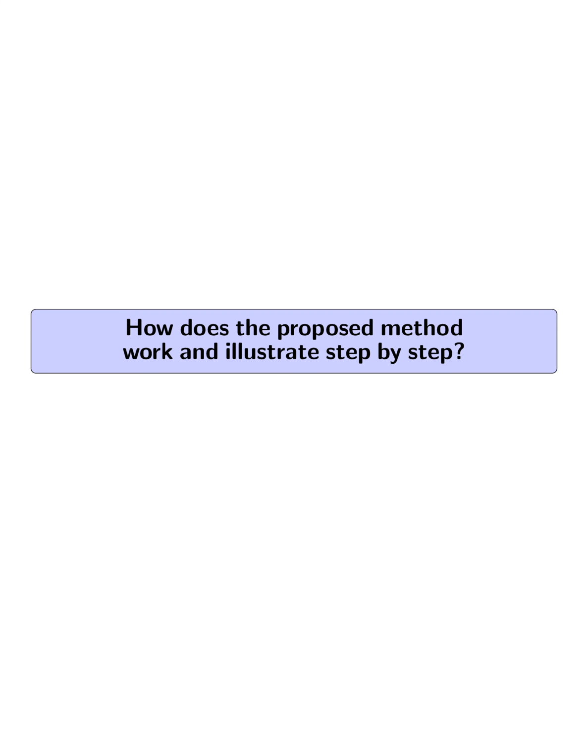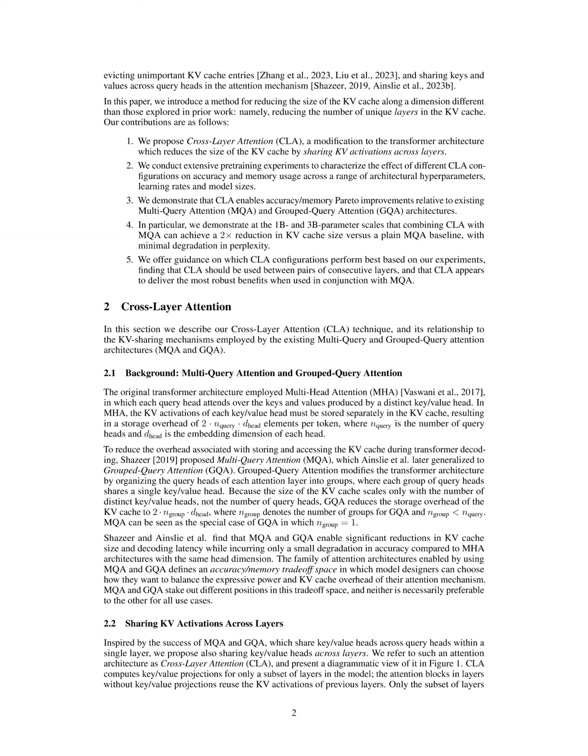How does the proposed method work and illustrate step by step? The proposed method, cross-layer attention, CLA, works by sharing key and value activations across layers in a transformer model. This method reduces the size of the key value KV cache by allowing only a subset of layers to contribute to the KV cache, while the attention blocks in layers without key value projections reuse the KV activations of previous layers. CLA is orthogonal to existing methods like multi-query attention, MQA, and grouped query attention, GQA, and can be combined